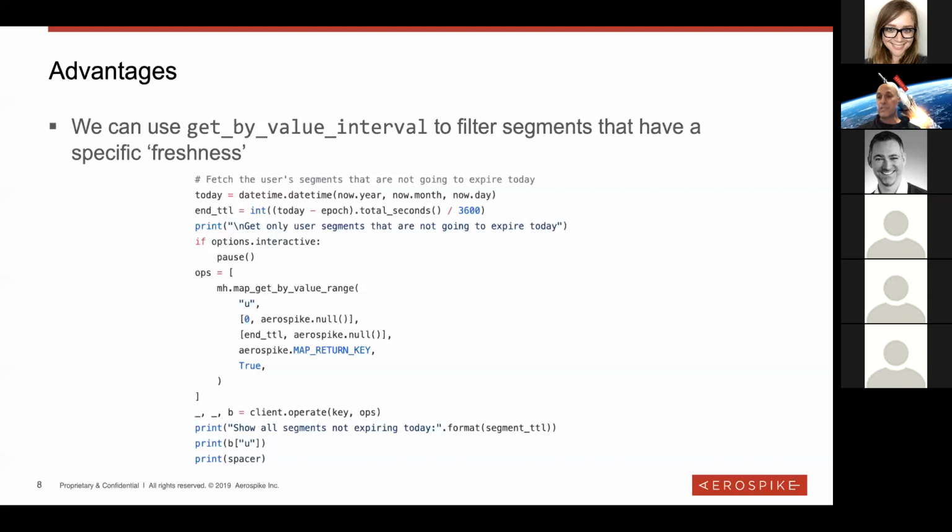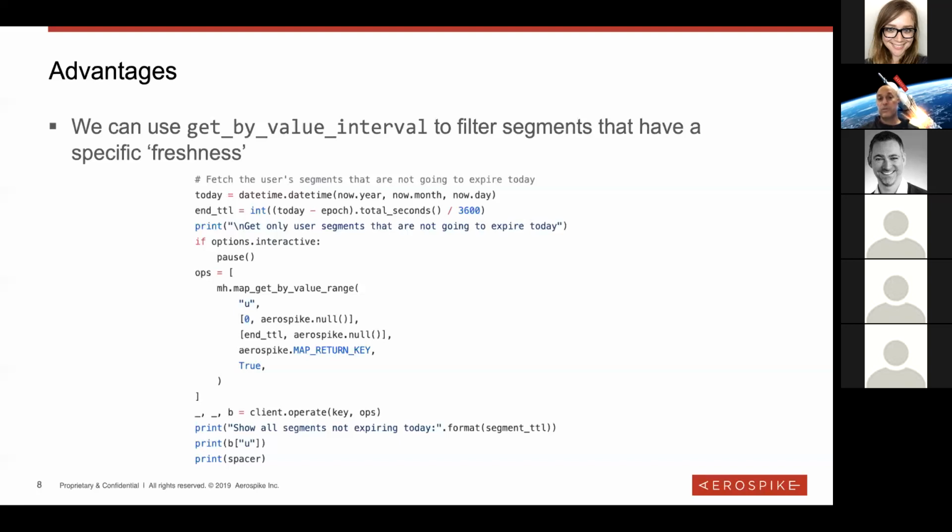So it's the number of hours since January 1st, 2019, for example. 0 would be the beginning of 2019, and NTTL would be whatever point in time I want to give it. And then it'll retrieve all of them. So even though I have 1,000 segments on average in that map, this get by value interval can fetch everything that is in there with one call. And it's very efficient because, again, it takes a lock on the row, does this operation, and then releases the lock, and it's done really quickly.